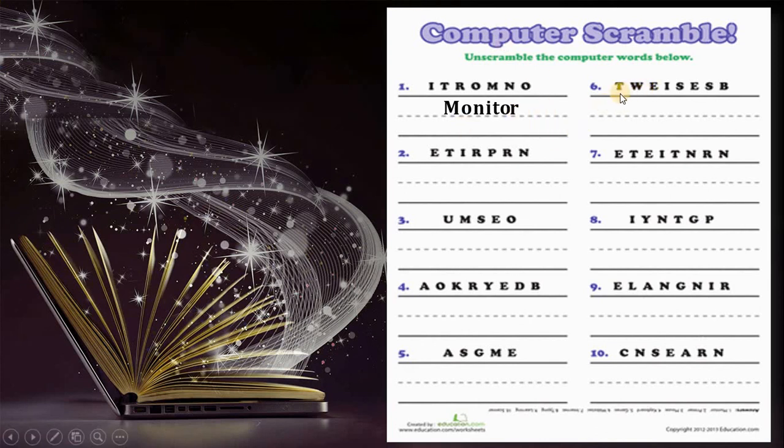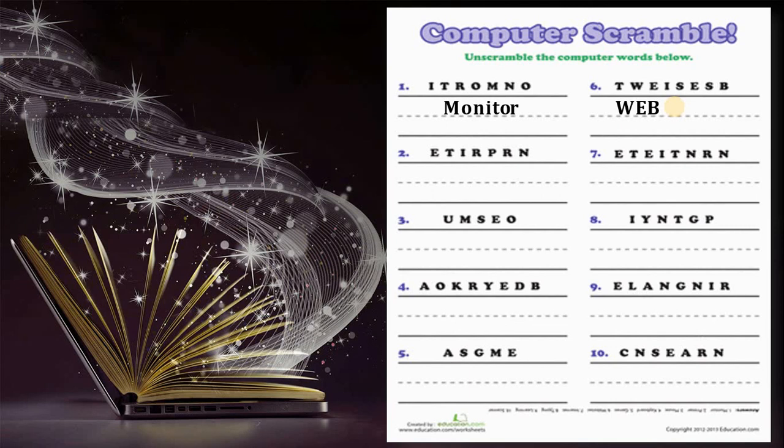Now come here. TWEISESB. So we have to rearrange the letters. Let's start. I put W first. Then I think I go E. Then I will use S. No, S does not fit the computer subject. B. WEB. Yes, I think B is correct. So I put a B. WEB.